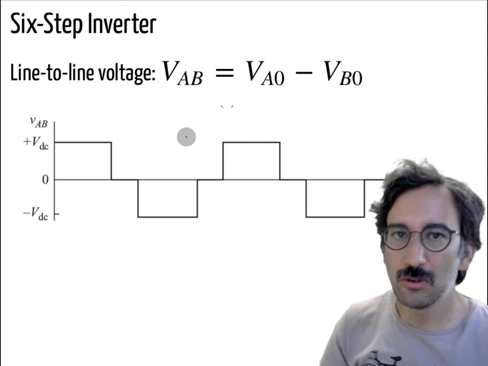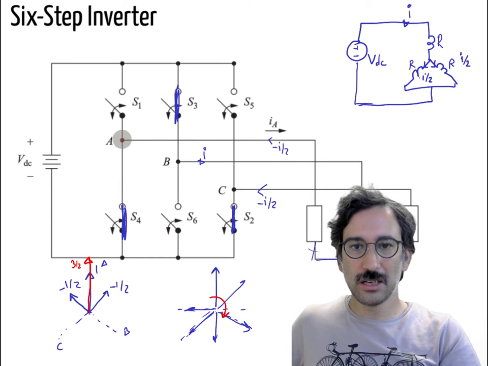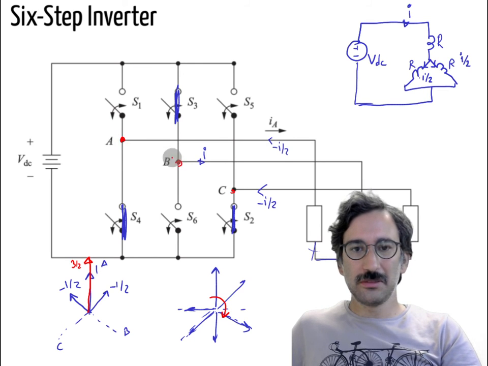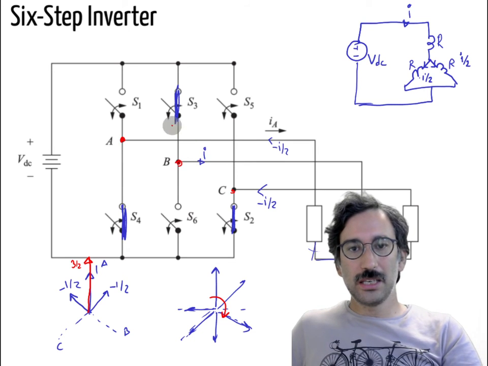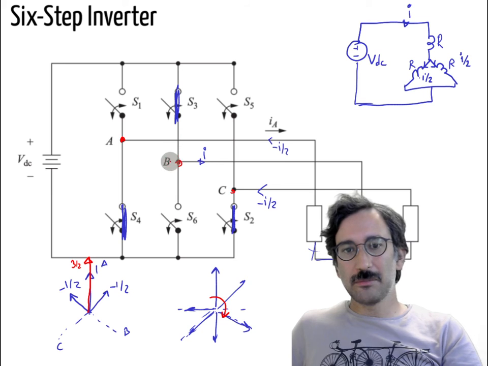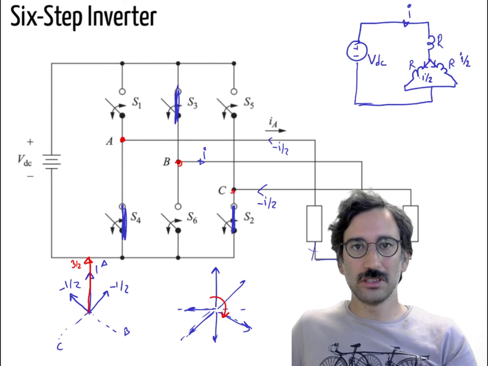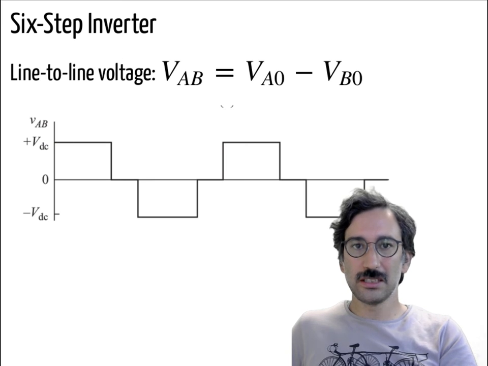Let's have a look at the voltage characteristics. For the line to line voltage, you actually have three positions. Again, it is like a three-level voltage source inverter. For example, for VAB between phases A and B, either A is connected to VDC and B to 0, which results in VDC, or B is connected to VDC and A to 0, which results in minus VDC, or both are connected to 0 or both to VDC, which results in 0 line to line voltage. So you have three positions, and if you follow that sequence, what you will see at the line to line voltages is